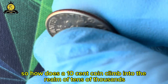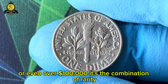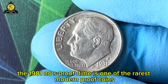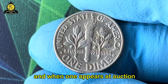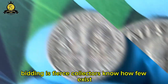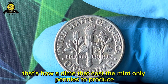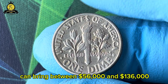coinage. So how does a 10-cent coin climb into the realm of tens of thousands or even over $100,000? It's the combination of rarity, condition, and demand. The 1981 no-S proof dime is one of the rarest modern proof coins, and when one appears at auction, bidding is fierce. Collectors know how few exist, and they're willing to pay a premium to add such a rarity to their collections. That's how a dime that cost the mint only pennies to produce can bring between $56,000 and $136,000